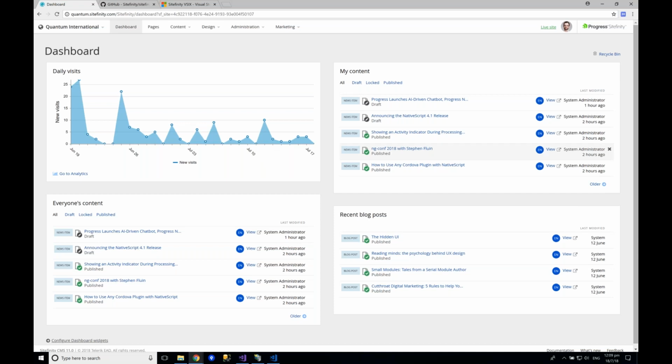If I'm one of those people who want to stay on the old interface, I can do that in my profile by clicking my profile image up in the top right-hand corner. By the way, that's not me. But I can turn the new interface on or off just for my personal profile. So this is a great feature. Let's go and have a look at the new interface. I'm going to go and work